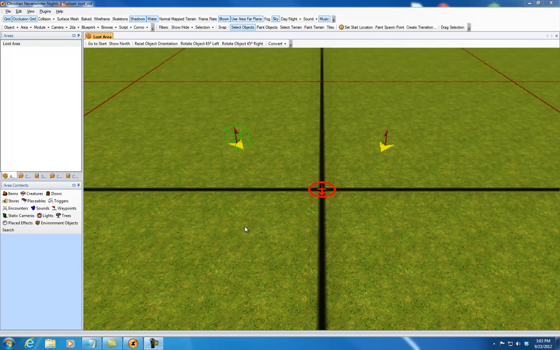Okay, so we're back in the tool set now, and we're going to talk about almost the last thing, that is the loot tables. Now, you can have traditional treasure tables where you can have a variety of items appear in a chest, for example,